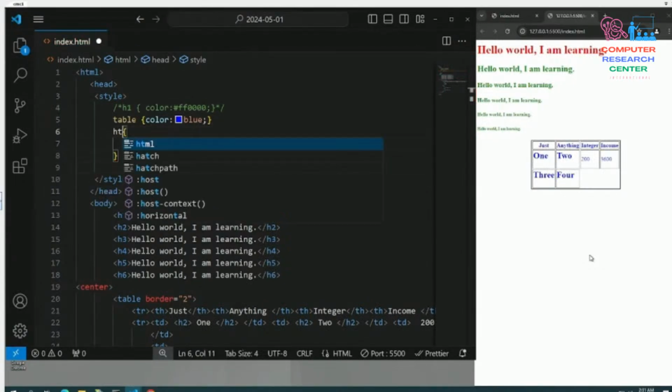If I put HTML, you can do the practice yourself. I'm not going to spend more time on this one. We will do real formatting next time. You have seen how to install the editor, how to do the real time. Let me save this one, right? So when I'm saving,